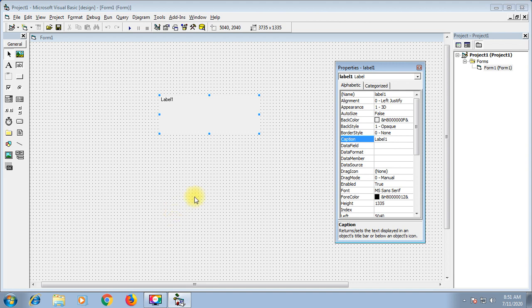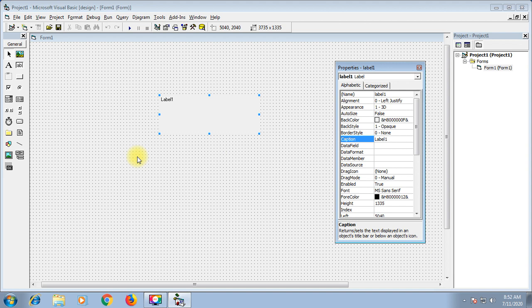Later, when I properly start the syllabus through the book, at that time I shall teach you each control in sequence, and all the properties of every control in sequence, according to your syllabus. For now, just know that a control named Label comes in VB. If you take that control on the screen, it will allow you to print something on the form.